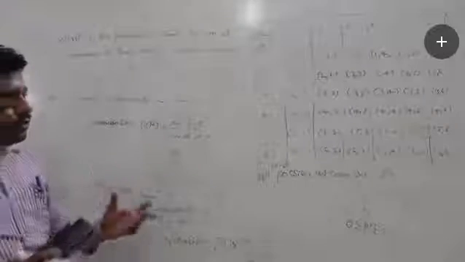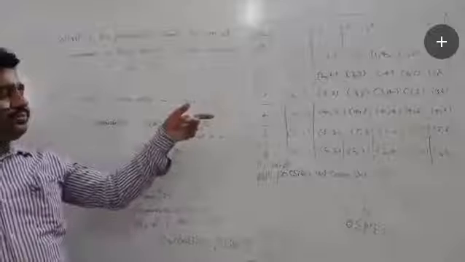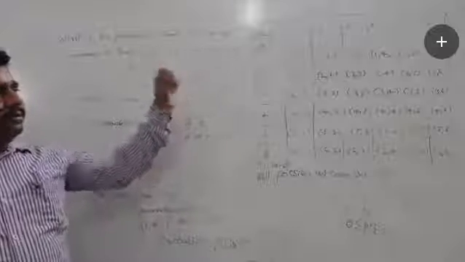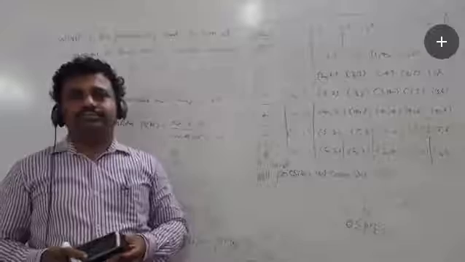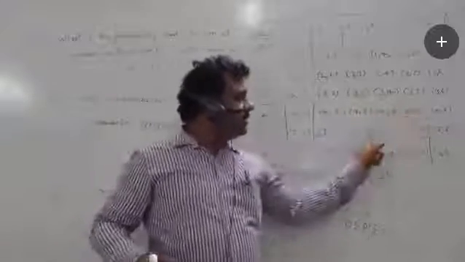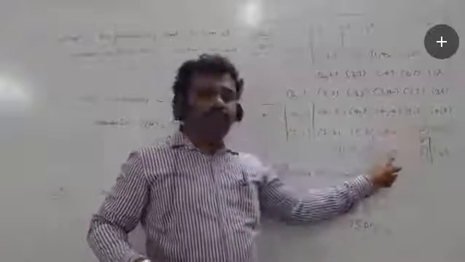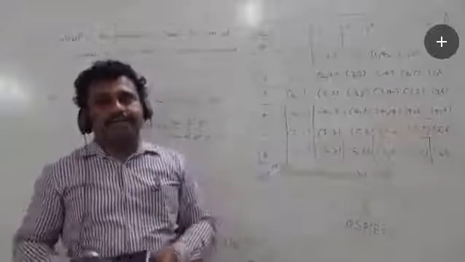Now let us see some more questions on this situation. When we roll two dice simultaneously, what is the probability of getting a sum of 10? For 10, we count 4, 6; 5, 5; 6, 4. So the number of favorable outcomes is 3 by 36, that is 1 by 12.